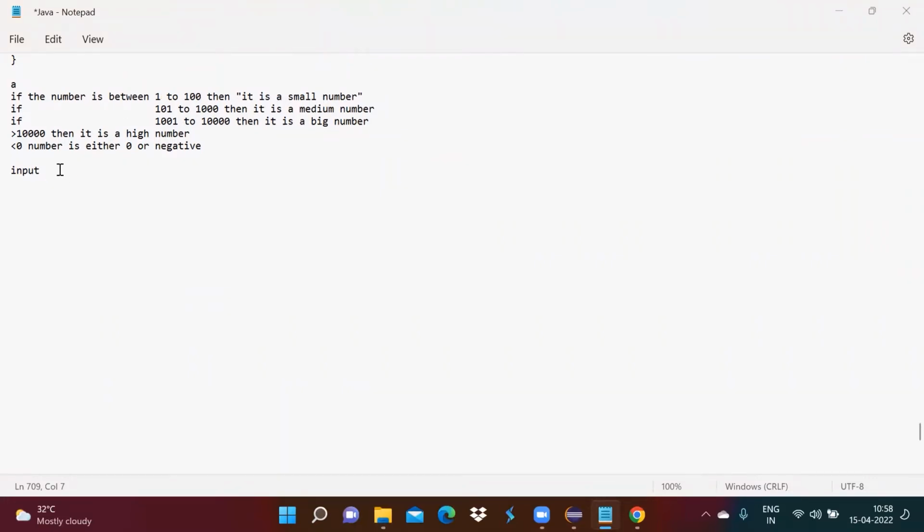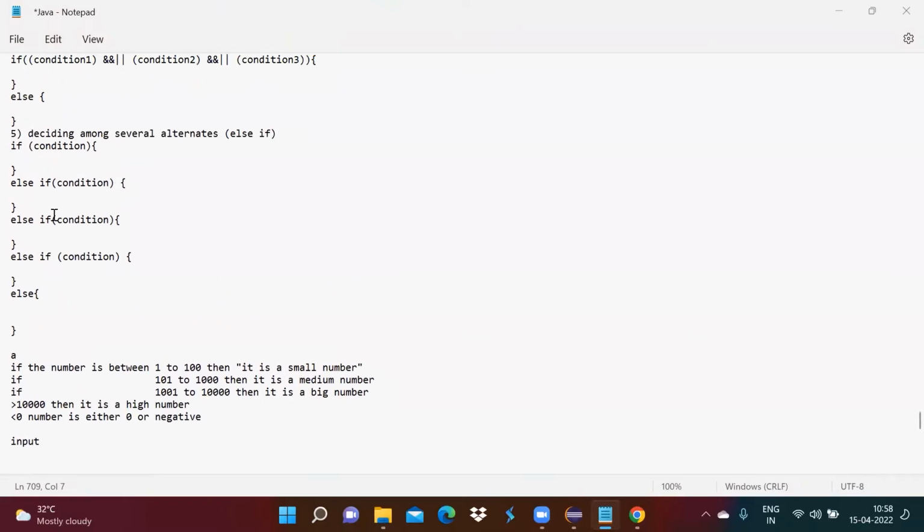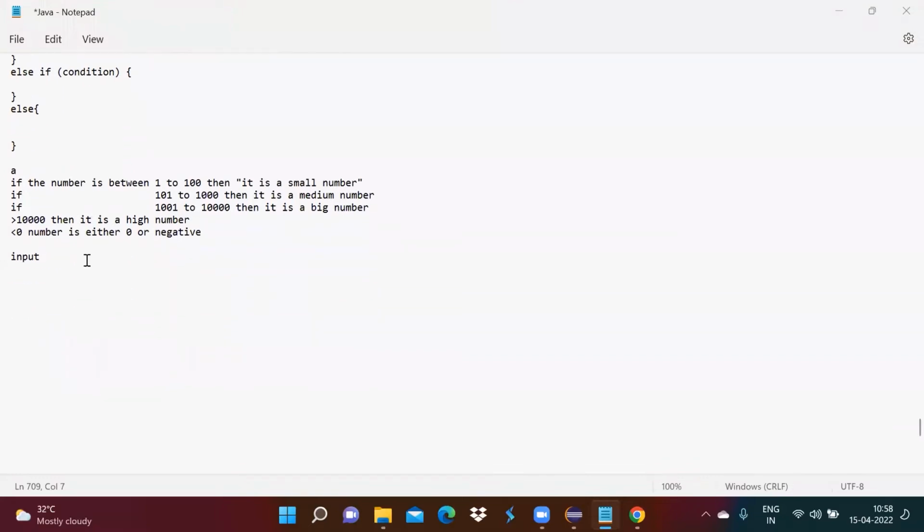Okay, so we covered until deciding among several alternates, if else. Now the sixth type is,